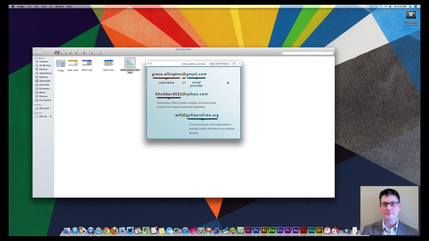Also, all of them are going to have an @ symbol, and that's located on your keyboard right above number 2. You just press Shift and then number 2, and that will give you your special character of @. So you would read it as grace.ellington@gmail.com, and that's how people would write it using that special character. And then